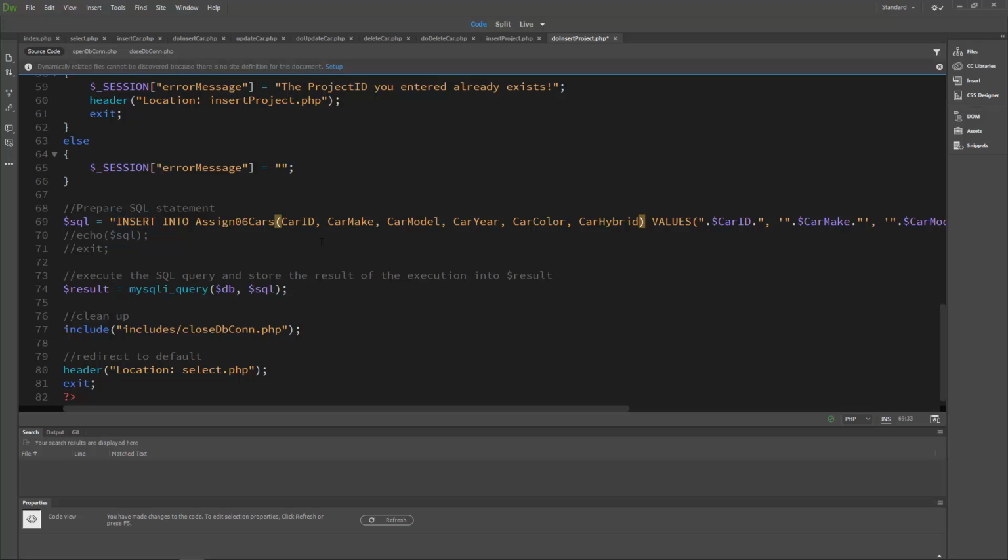So again here, we're going to insert into table name, Assign06 projects, insert into table name, and then we list out the columns. So we've got project ID, proj name, proj category, proj description, start date, end date,